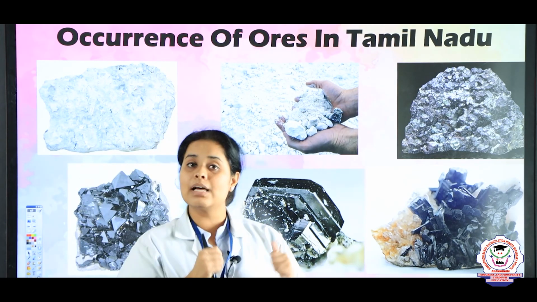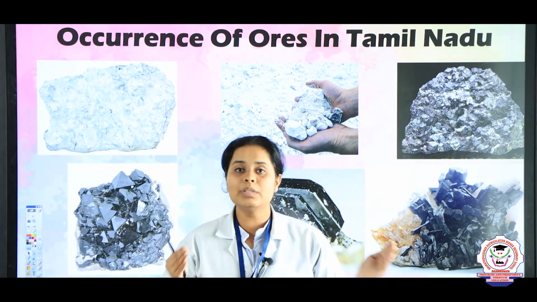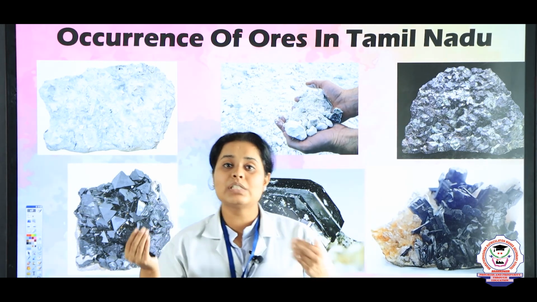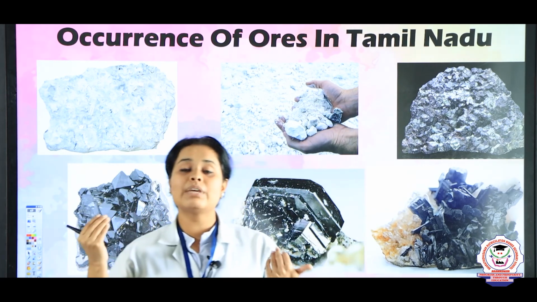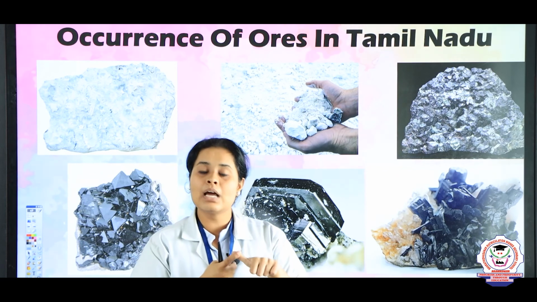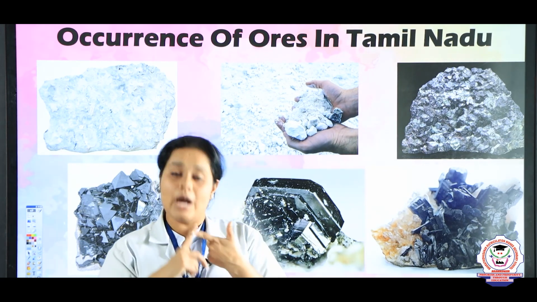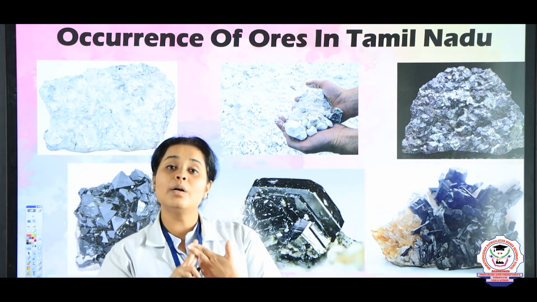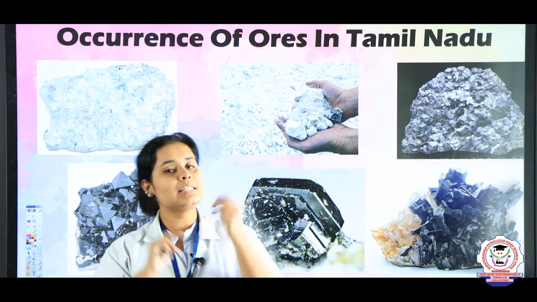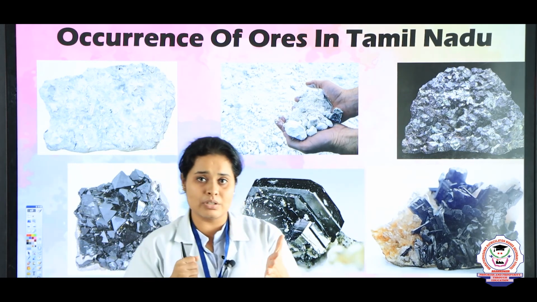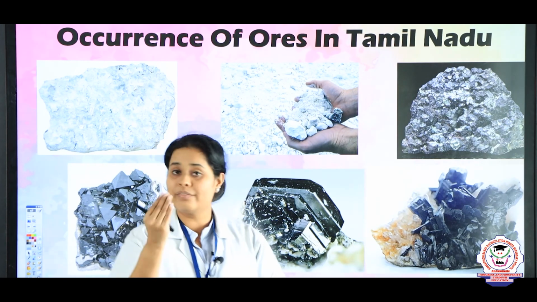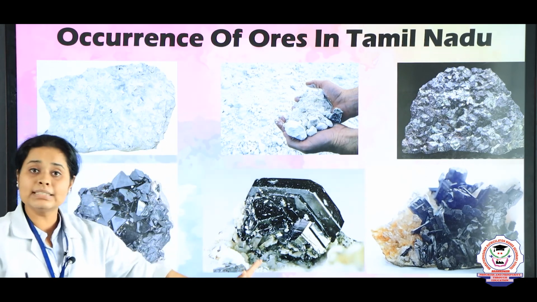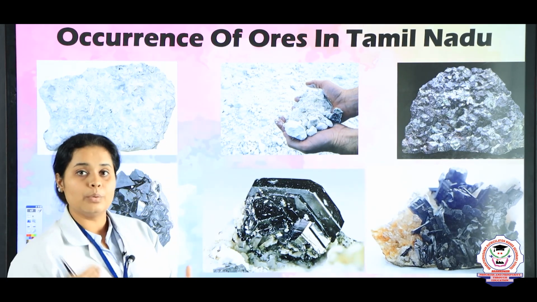So students, in this class we discussed the main term, metallurgy, how metallurgy can happen, and the processes through which we do it. First is magnetic separation, then hydraulic separation, third is flotation, and the last is the leaching process. Leaching is the easiest process, which we use in daily life also, and I have given an example too. Then we saw the types of ores, and there are six types of ores present in Tamil Nadu, right students?